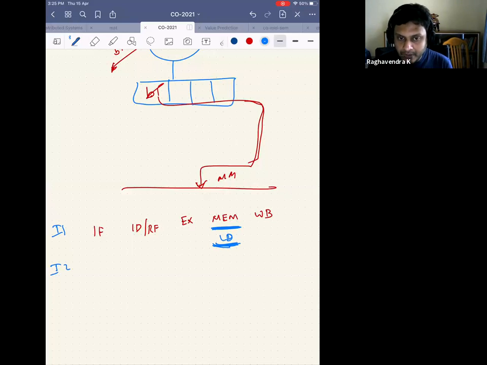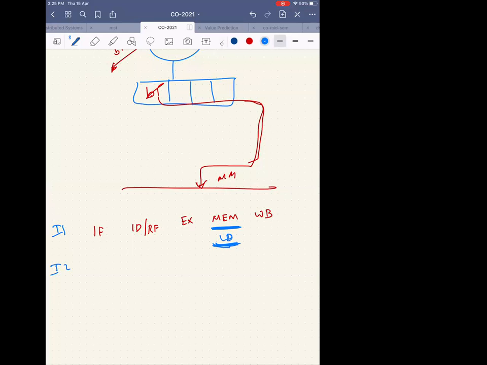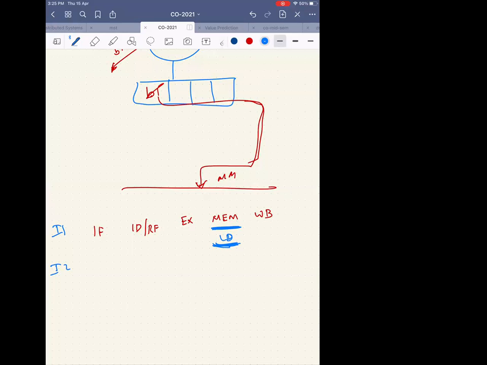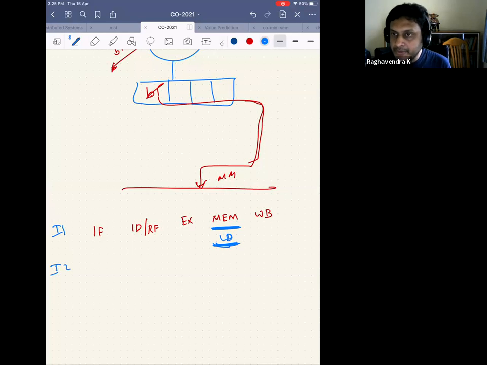So there is a load that has this memory instruction. This memory unit has issued a load. Now, can I continue the execution of I2 before the load is complete? That's the question. It is not about dependency, right? There's one more thing that doesn't allow the pipeline of instructions to continue if the load is not complete. What is that?